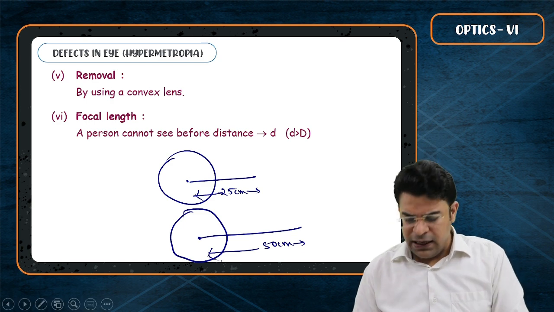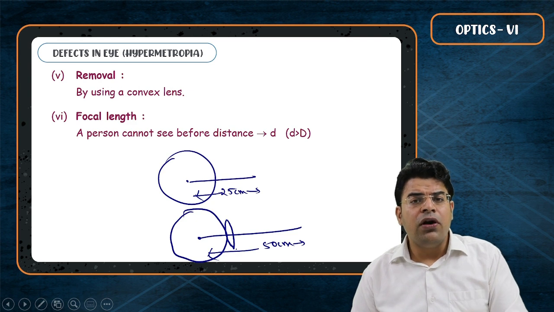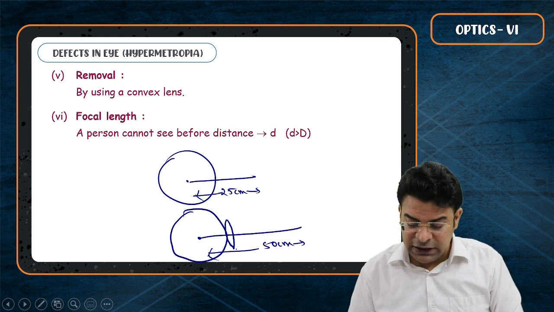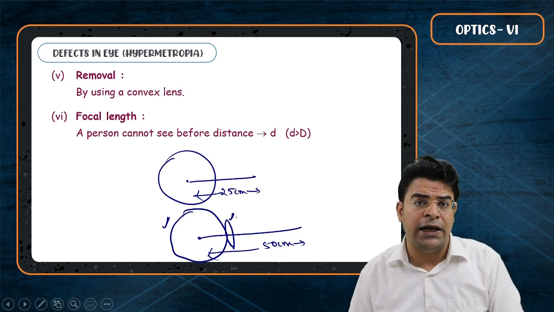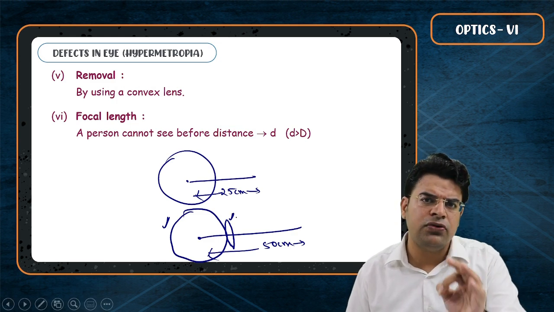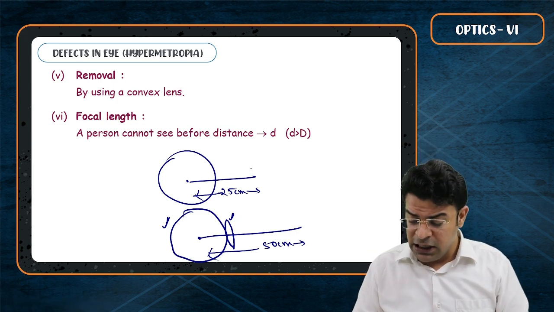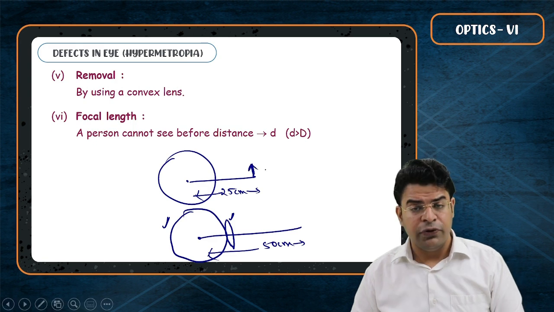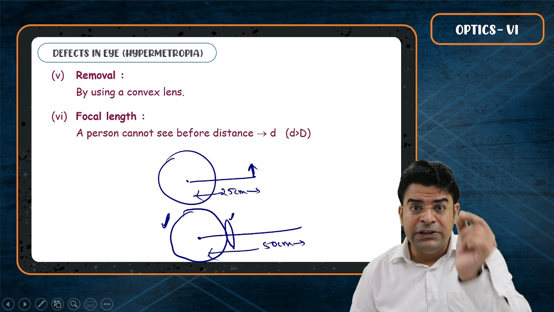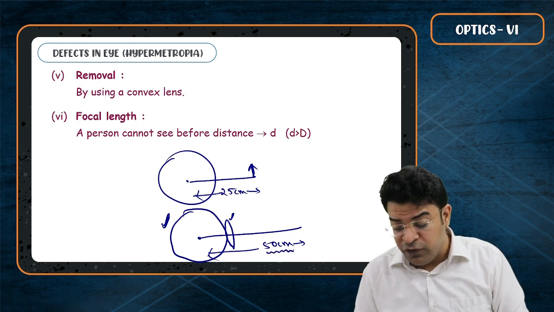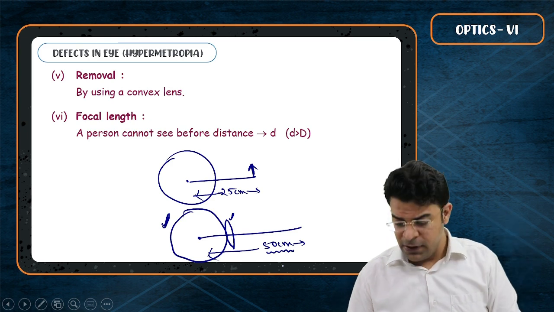And you know that we have placed here a lens to cure him. What do we want to do? We want that this person, once he has placed a lens in front of his or her eye, should be able to see as good as a healthy person. A healthy person can see up to a minimum distance of 25. But this eye can see only when the object is at a least distance of 50 centimeter. That's why I am saying that the near point has shifted away.